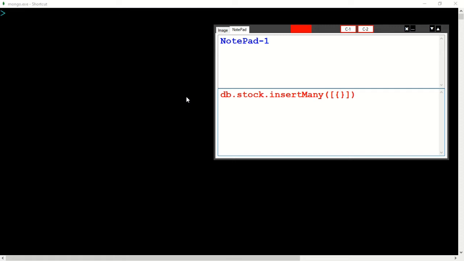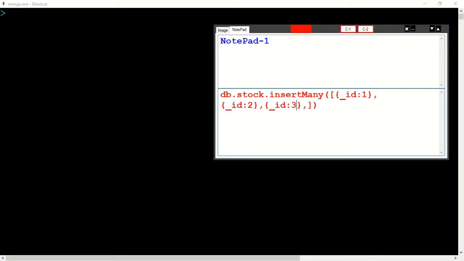Here say _id colon 1. This is the first record. Then comma, then the second record, copy, and we get the second record as 2. Then the third record as 3.